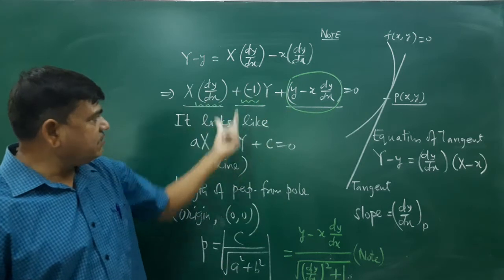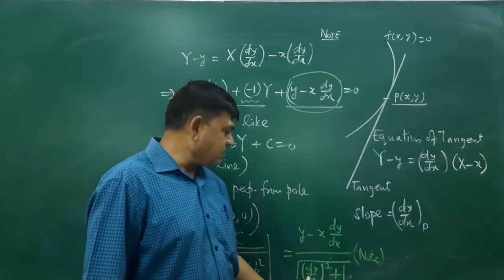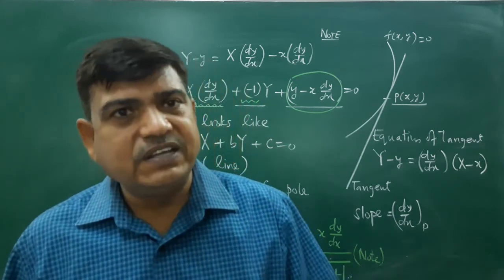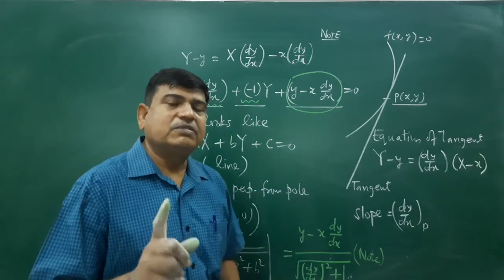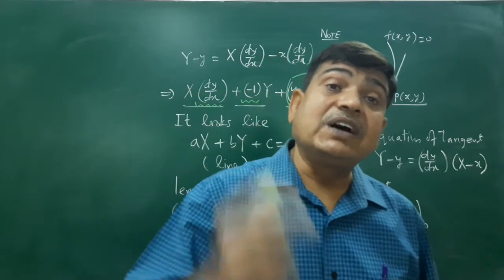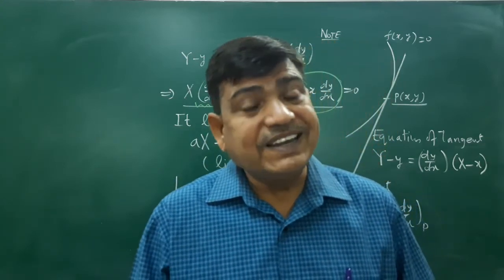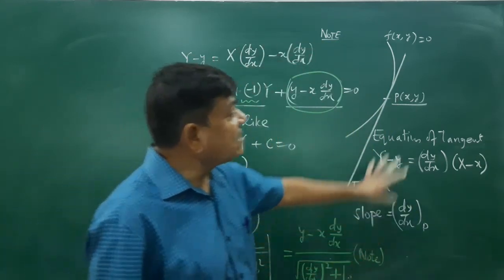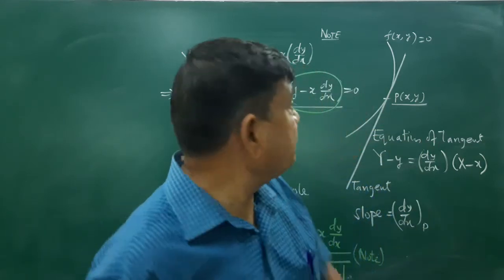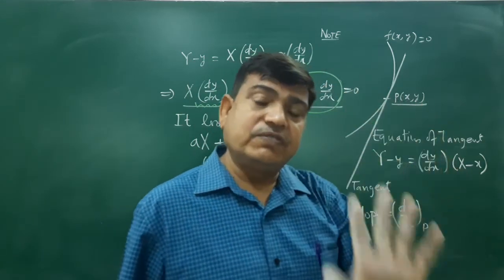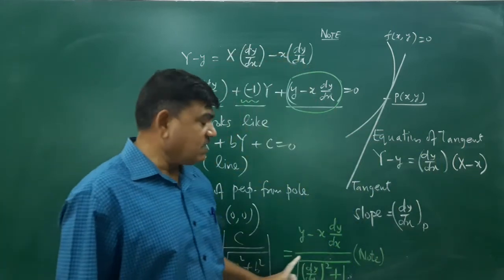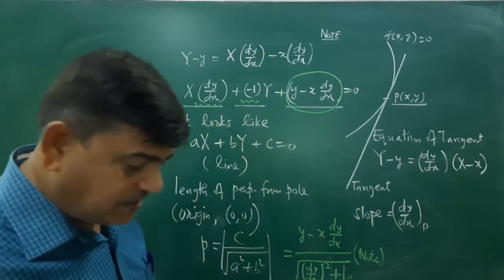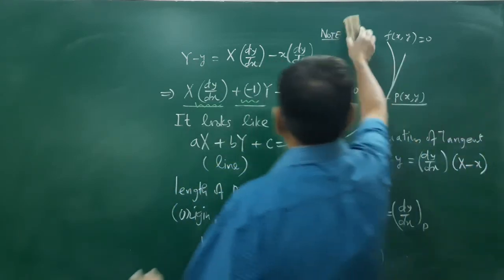दिस इज c, a एंड b। सो हियर इट इज y माइनस x dy by dx अपॉन अंडर रूट dy by dx होल स्क्वायर प्लस 1। ध्यान रखना, पोलर में यदि इक्वेशन पोलर की है तो वहां पर लेंथ ऑफ परपेंडिकुलर का फॉर्मूला दूसरा था, वहां पर था 1 अपॉन p स्क्वायर इक्वल्स 1 अपॉन r स्क्वायर प्लस 1 अपॉन r टू द पावर 4 dr बाई dθ होल स्क्वायर। क्योंकि ये कार्टेशियन इक्वेशन है, इसलिए आपके पास दो ऑप्शन हैं, या तो आप कार्टेशियन को पोलर में कन्वर्ट करो और फिर वो फॉर्मूला यूज करो, या फिर ये फॉर्मूला यूज करके उसको सिंप्लीफाई करना है। किस तरह से डिराइव हो रखा है ये मैंने आपको बता दिया है। नाउ वी कम टू द पॉइंट्स।